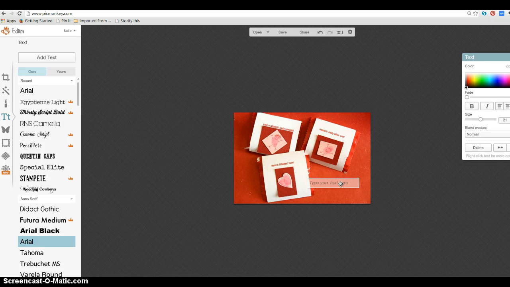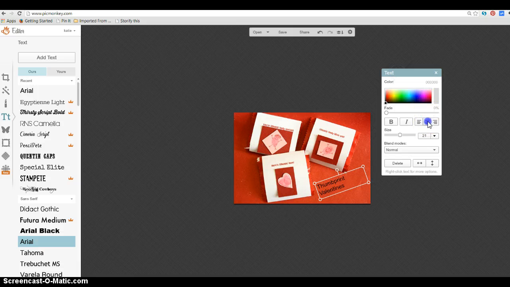My blog post is about thumbprint valentines, so that's exactly what I'm going to call it. Then, after I type that in, I can click off there and grab it again and change some of the settings. Right over here, I can change it to be centered text. I can change the size of the text here. I can also change that by dragging the corners